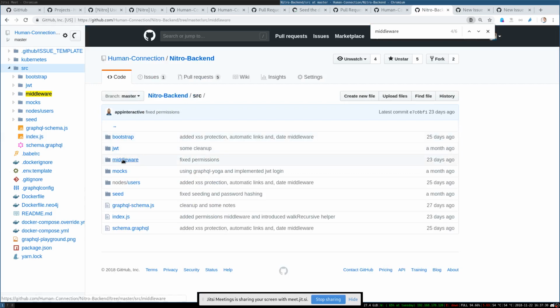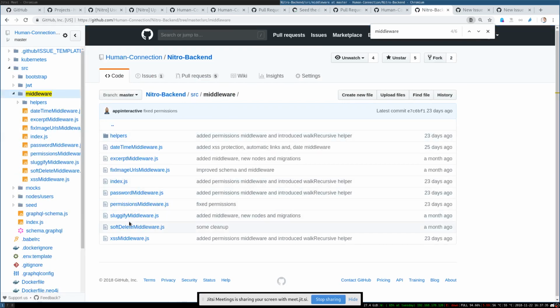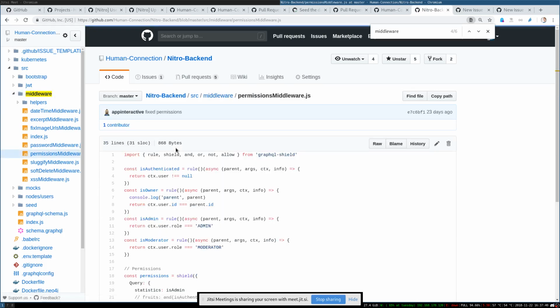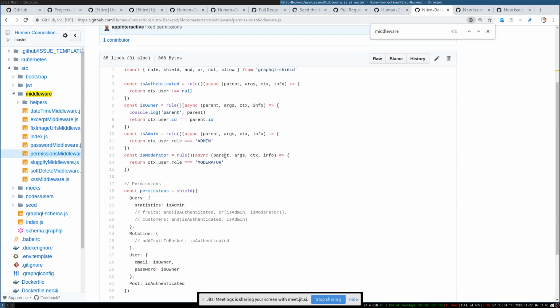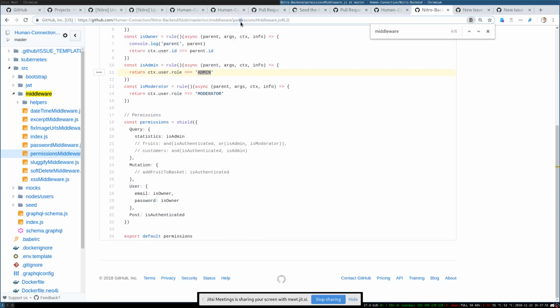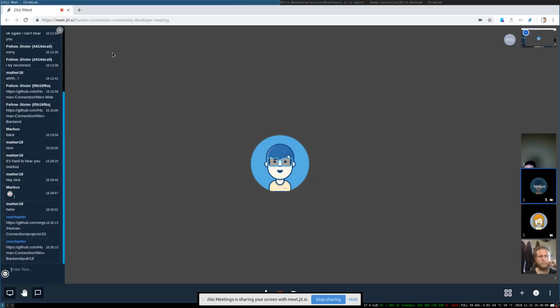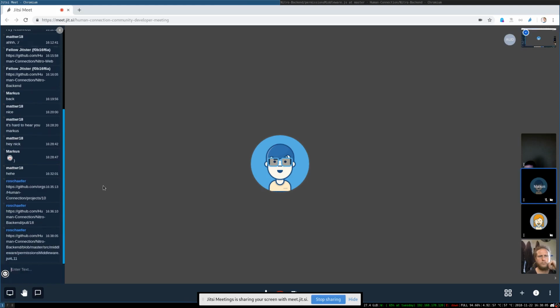The middleware, for example, is doing authentication and authorization. Okay, so if you, for example, go into the permissions middleware, then you see that we are checking certain roles. For example, is administrator or is moderator? And you can see here that these strings are capitalized, or they are all caps, okay? And I'm putting that into